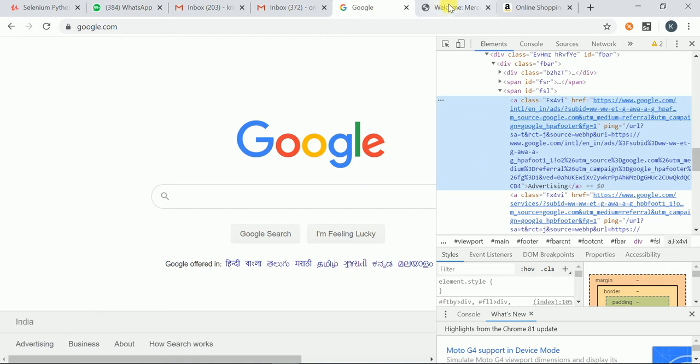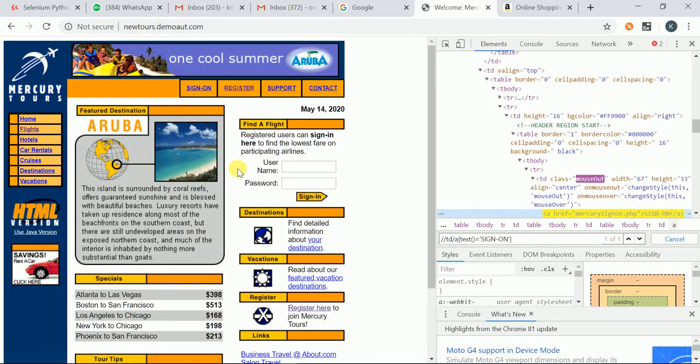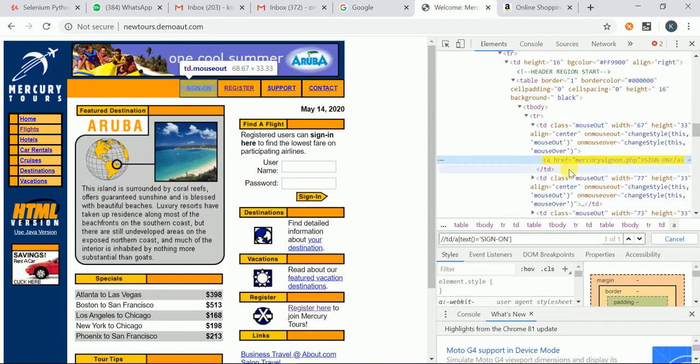Similarly, I want to locate this Sign in. What is the tag name here? A is the tag name, href is an attribute and its value. You get text at the end, before the tag ending. This we call a link text.